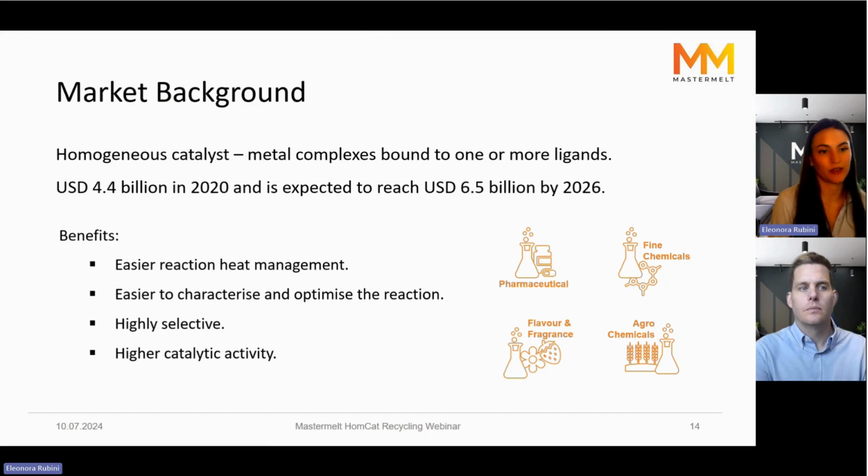is growing. In 2020, it was about $4.4 billion US, and it's expected to reach $6.5 billion US in 2026. As Adam was explaining, these are catalysts that are being used mostly in the pharmaceutical, fine chemicals, flavor and fragrance, but also the agrochemical industry. And they do have some benefits. They have easier reactions to heat management. They're much easier to characterize and optimize the reaction because they're highly selective, and usually they have higher catalytic activity